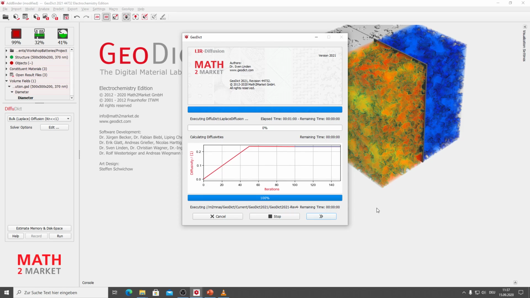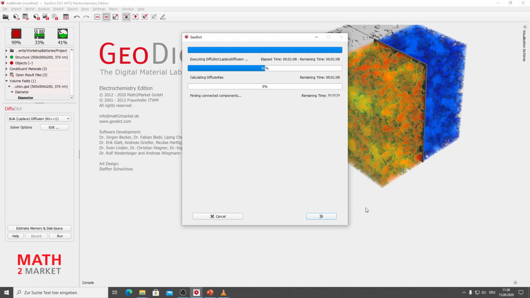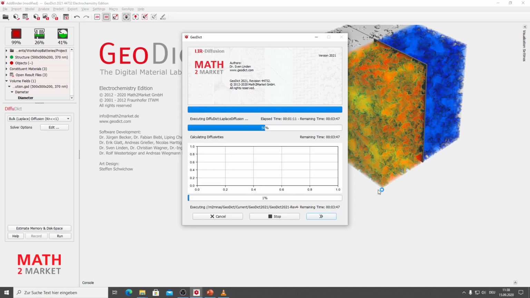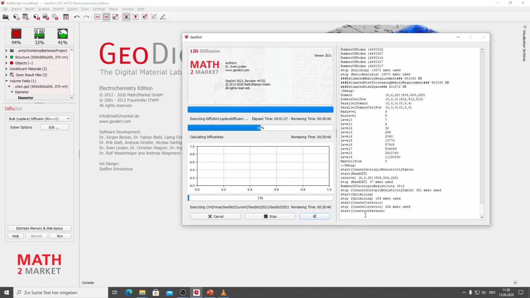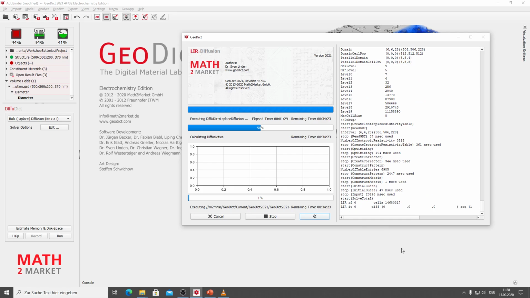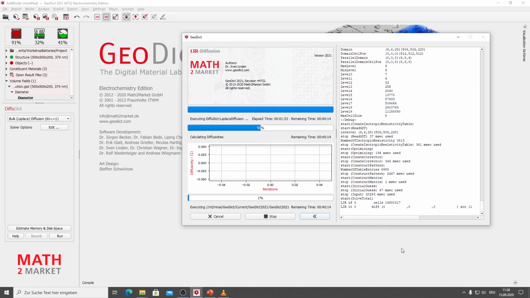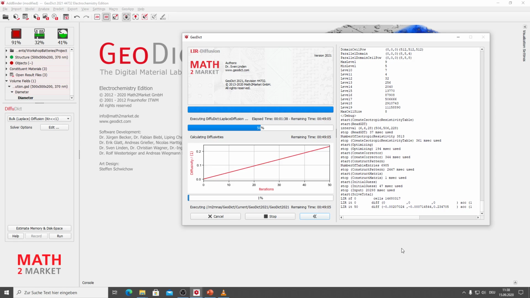And don't rely on the number that the time says here. It's just at 1 hour, which is not true. Just leave it running, and then you can see that the x direction already ran through. So now we still have the z direction to calculate. And if you are interested in details, you can unfold here the console, and you can see what the output of the solver is. It just does, for example, the time steps, which is calculating at the moment, and some details.